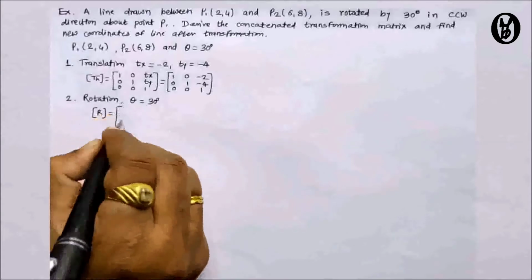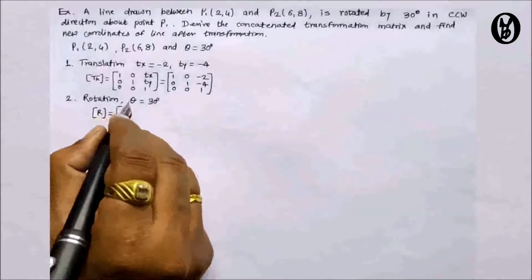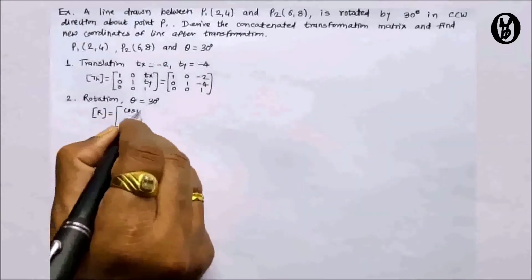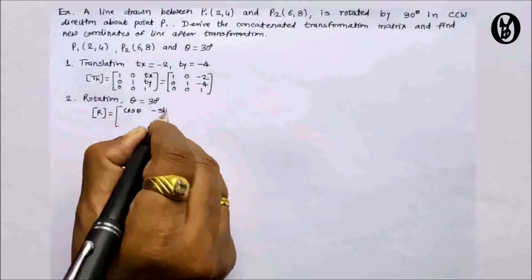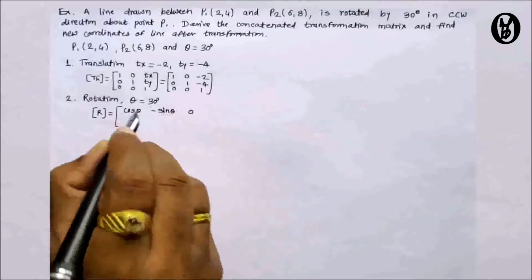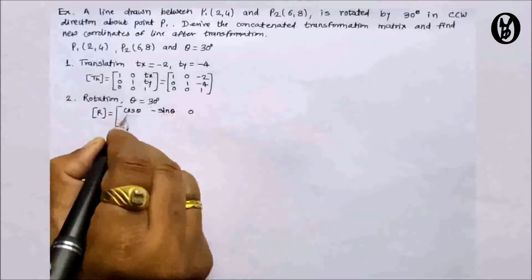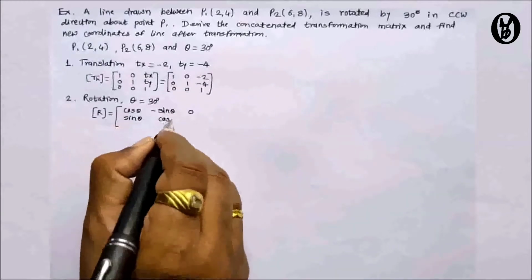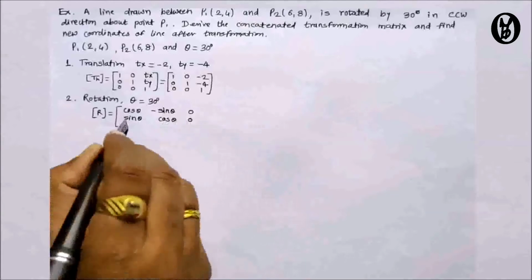We can write the rotation matrix R equal to [cos theta, -sin theta, 0; sin theta, cos theta, 0;